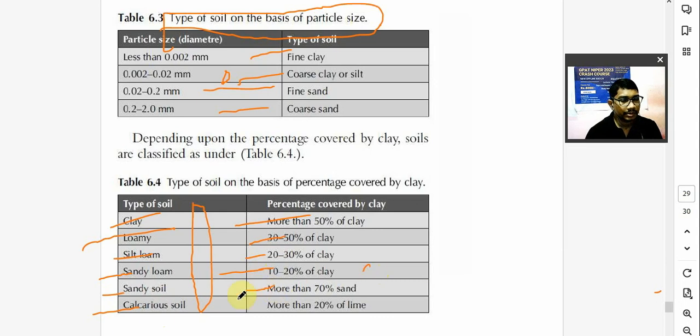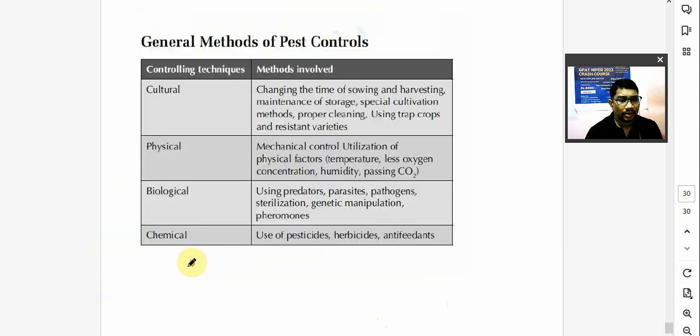cultural method is there, physical method is there, biological method is there, and chemical method is there। कल्चरल मेथड मतलब क्या है कि आपने एक क्रॉप ले लिया, उसके बाद में changing the time of sowing and harvesting, maintenance of storage, special cultivation methods, proper cleaning and use of trap crops and resistance varieties. ट्रैप क्रॉप्स मतलब क्या है, फॉर एग्जांपल आपने कॉटन लगाया, तो कॉटन